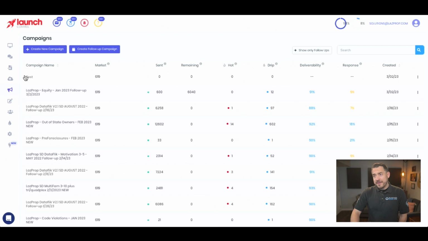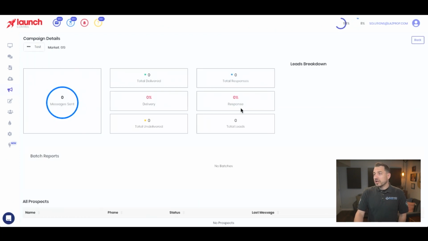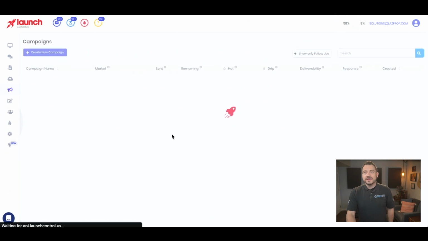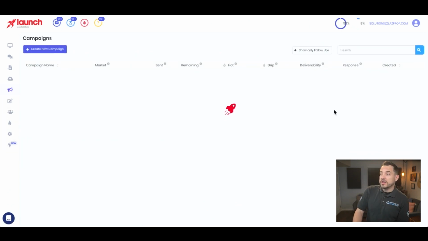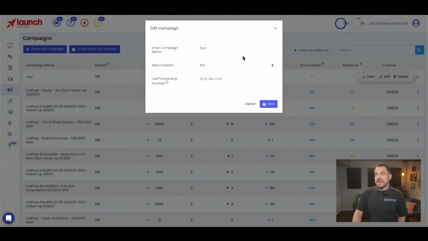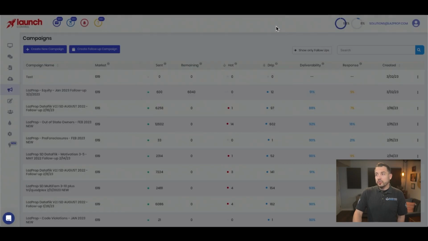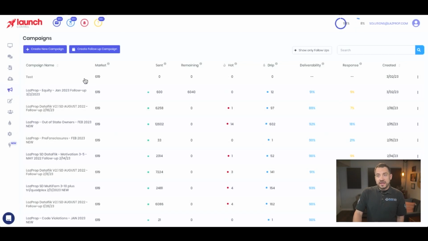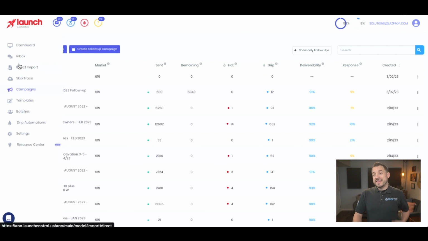So back to the campaigns tab, of course, you would want to load a list into this particular campaign. You see no data because there is no list. And if you just created yours for the first time, yours will look like that. But you do have the ability to edit any of these campaign names in the future if you choose to do that. But when you want to actually utilize this campaign, then you're going to, when you send batches out,